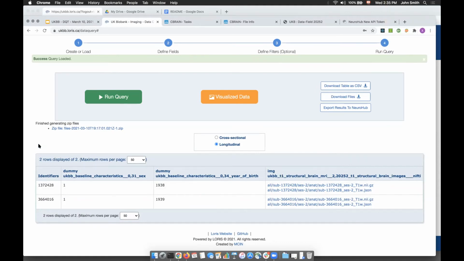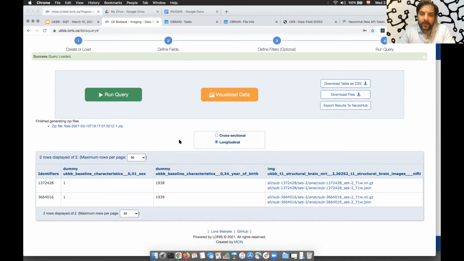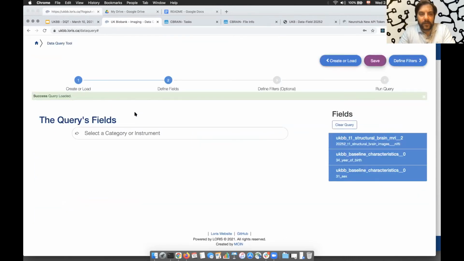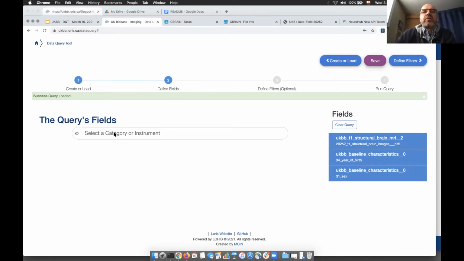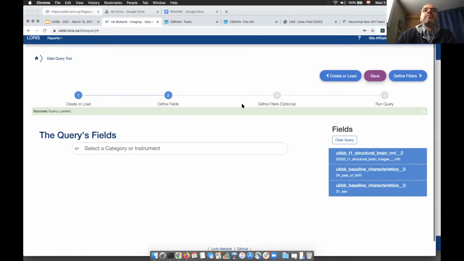Another question, maybe it's a good time just to address them right now. Fabricio is saying, my Loris does not have a fourth column with the files link. Have you clicked on cross-sectional versus longitudinal in terms of the views? No, as Xavier is showing right now, it's probably because he didn't modify the query to add the last column. Make sure that the T1 structural. Yeah, maybe walk through that again, Xavier, just to visually show it one last time.